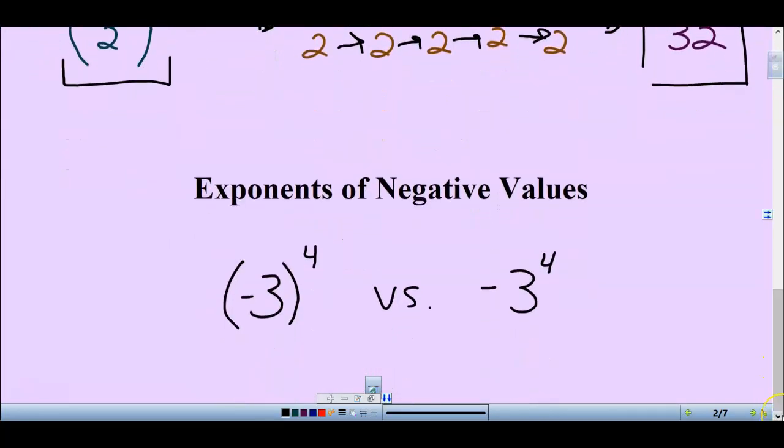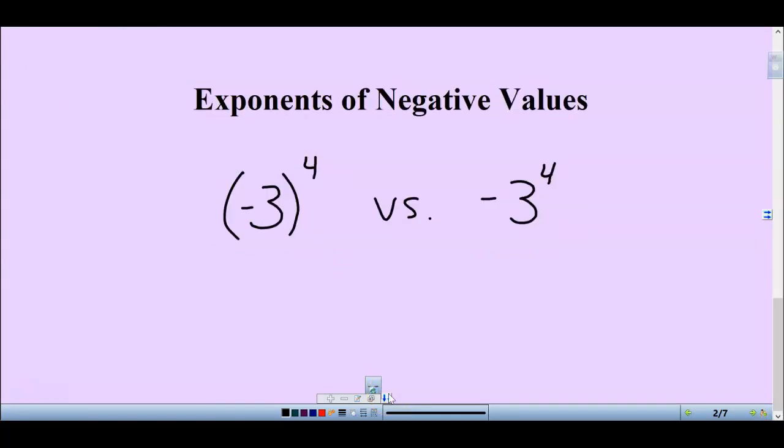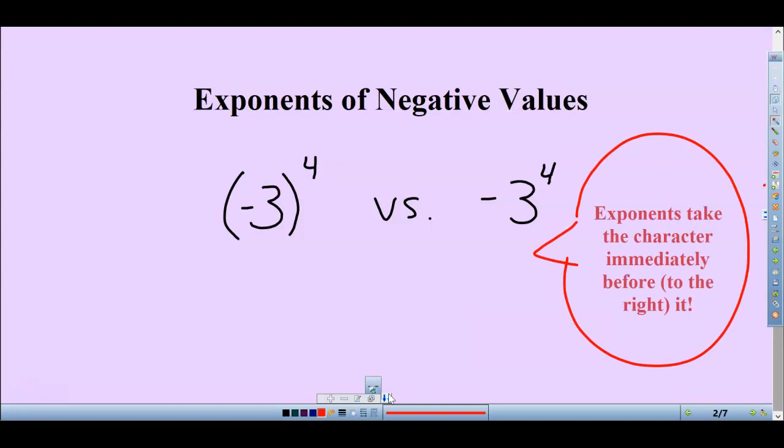Lastly, to cover our bases here, our basics, we need to understand how to use exponents with negative values. Here's the tip I always like to share. Exponents take or are talking to the character immediately before them. That's to their left, not their right. Okay, so in this example, when we have (-3) to the 4th and then also -3 to the 4th,